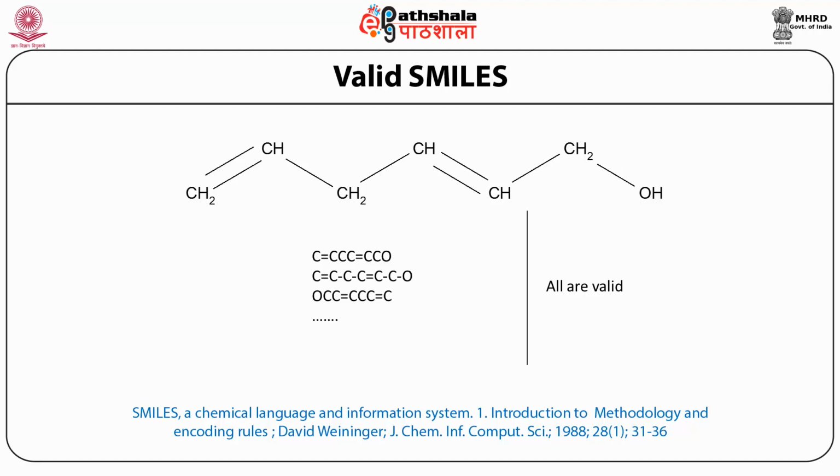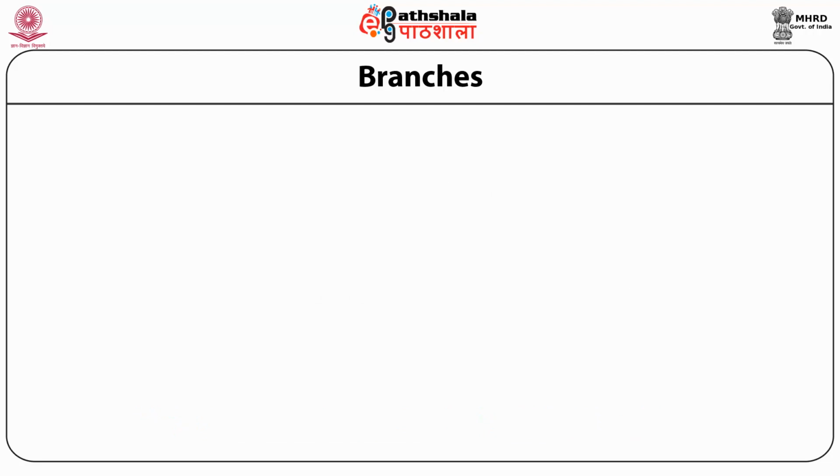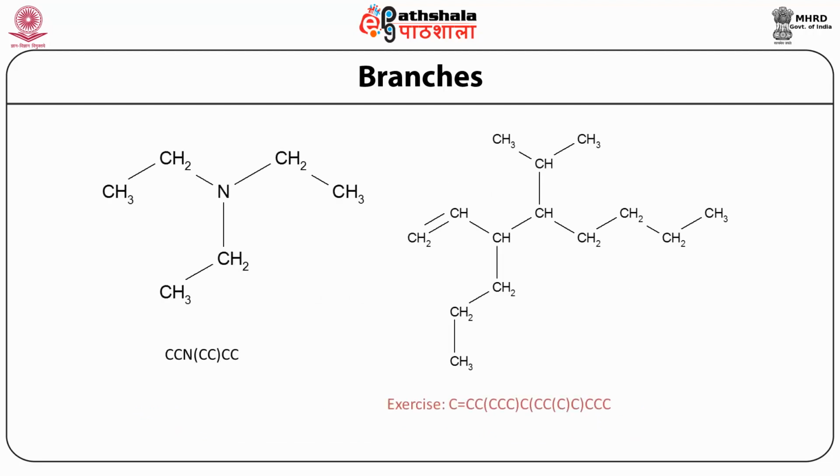That means a computer search algorithm takes care of all three and depicts them just like the similar one. Branches. Here you can see two types of branches, and only one branch is on the left side, and this is the exercise branch. You can work out and find the answers.